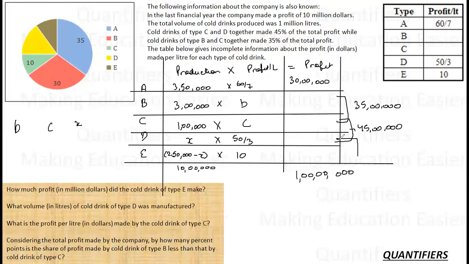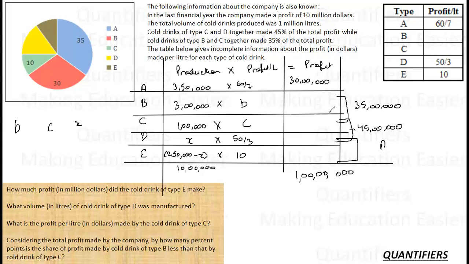Can I find the share of these two? I know the share of A, I know the share of BC, I know the share of CD, I need to find the share of D. Total is A, B, C, D, E. So I know about A, and I know about BC. Can I say out of total, if I subtract A, B, C, I will be left with D, E? So what do I mean by that?